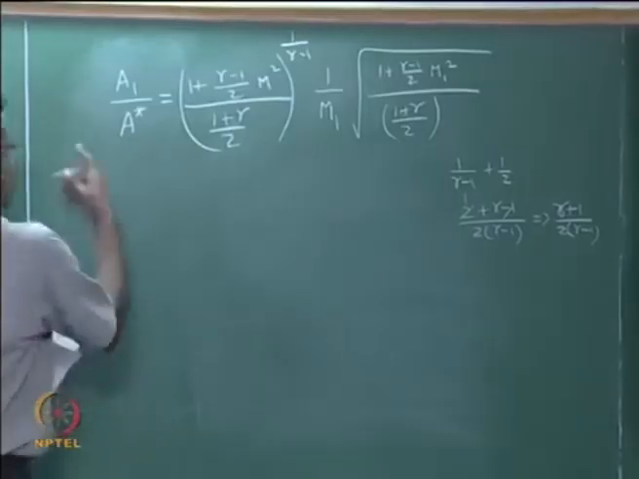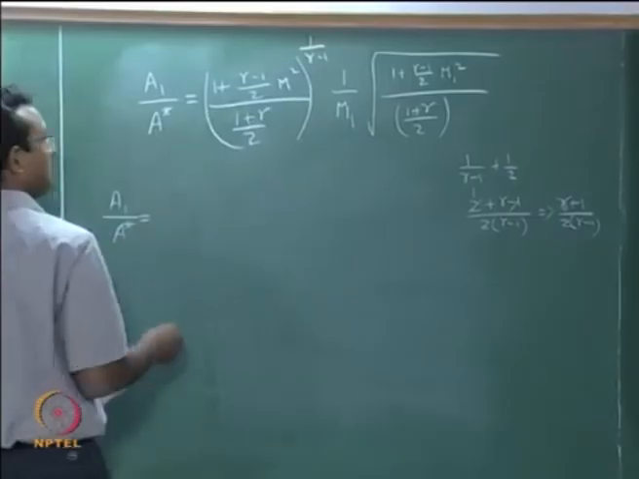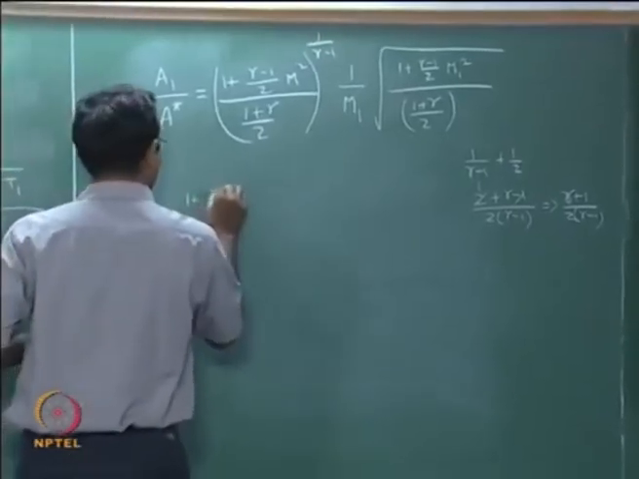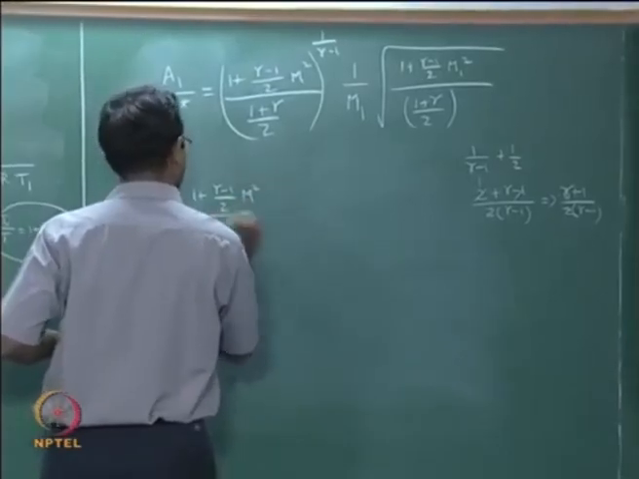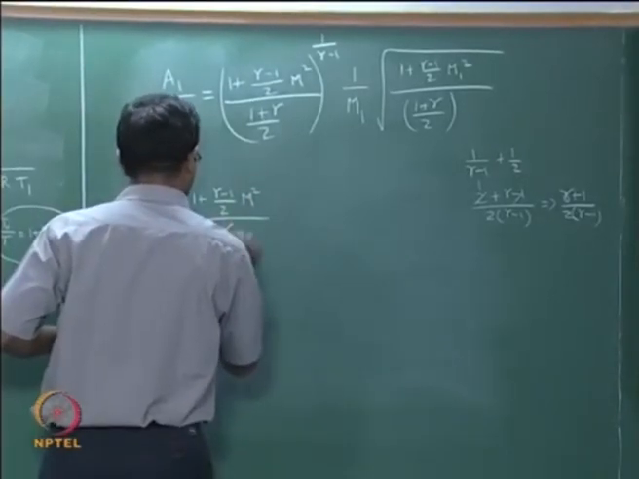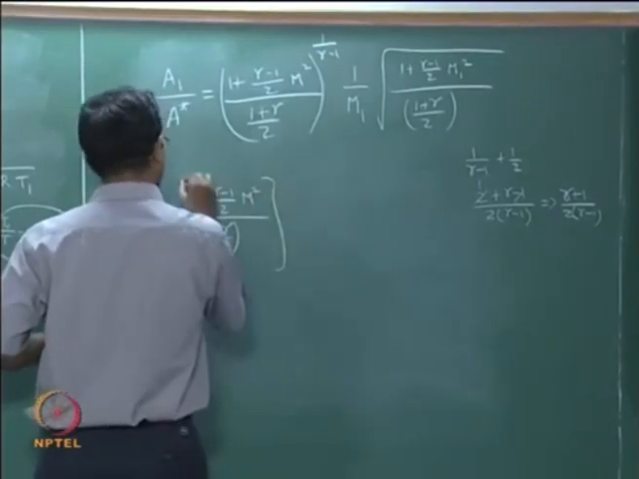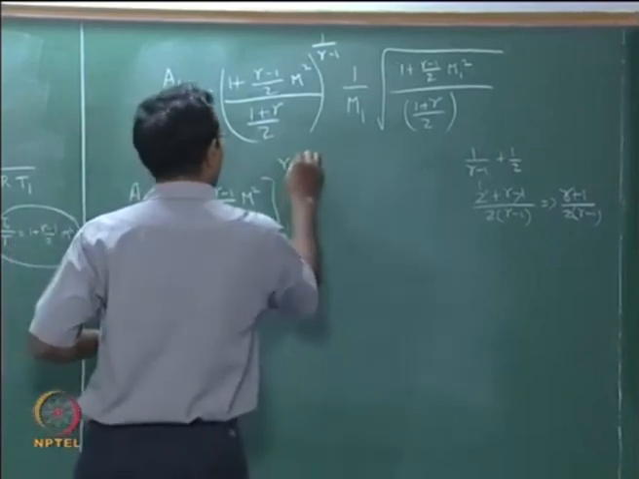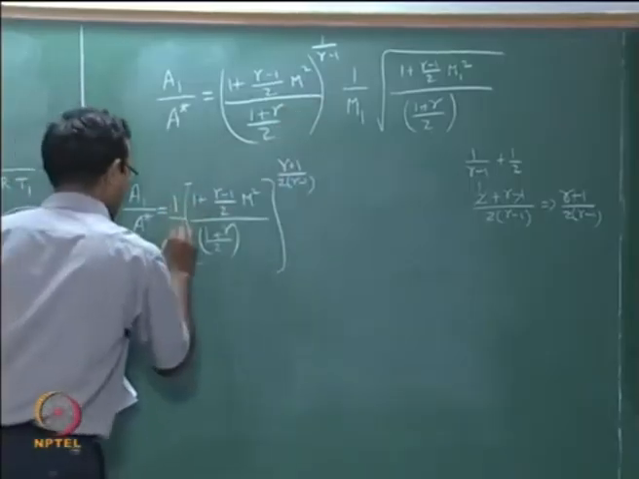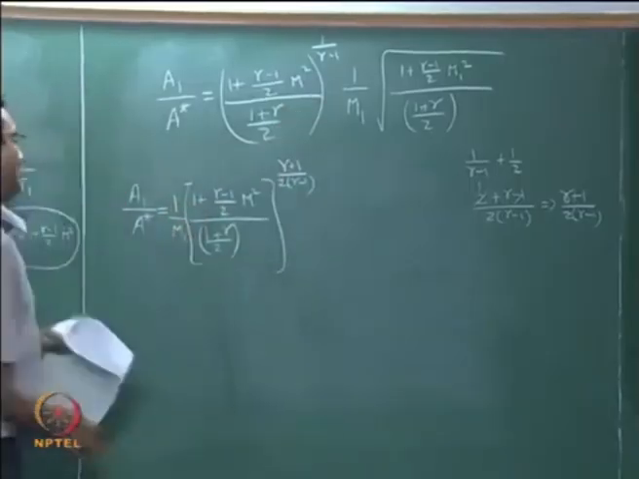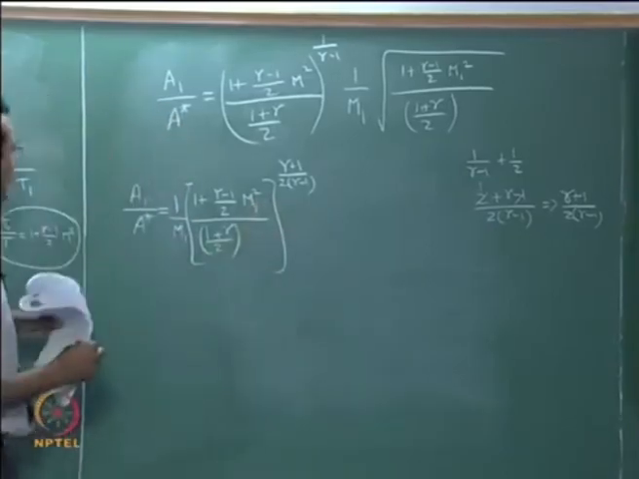This is what it comes out to be. So I will write my a1 by a star expression. It is going to be 1 plus (gamma minus 1) by 2 m square, divided by 1 plus gamma divided by 2, whole to the power (gamma plus 1) by 2 times (gamma minus 1), with a 1 by m1 in the front. Now I will have to put m1 square here. Now I have an expression